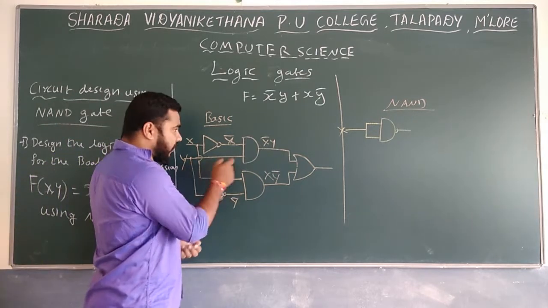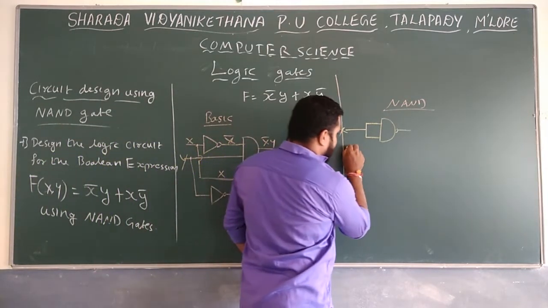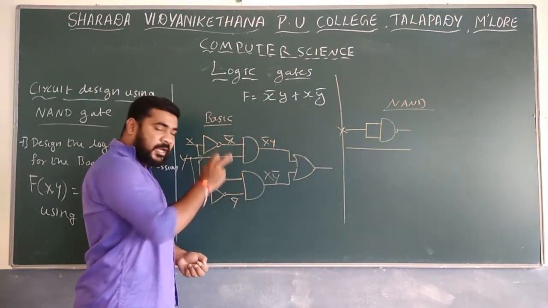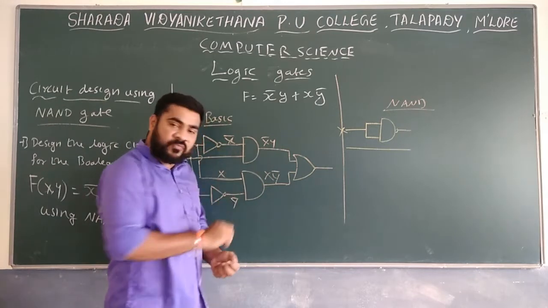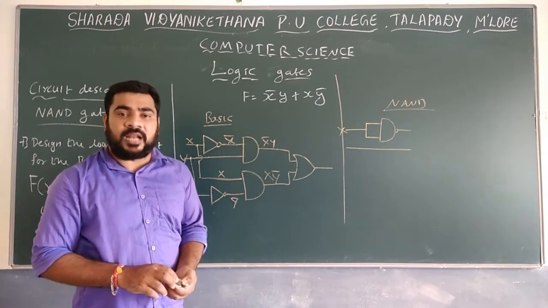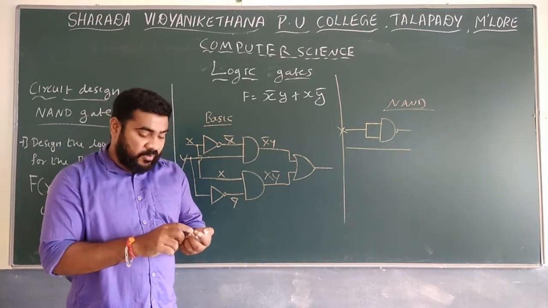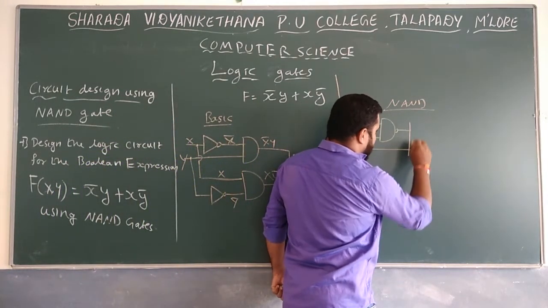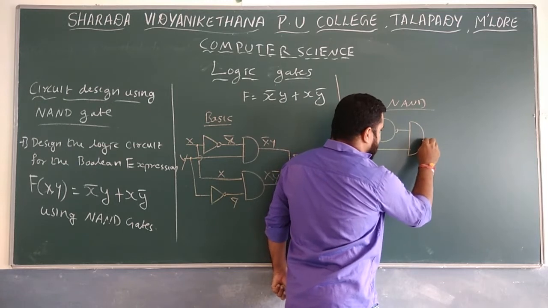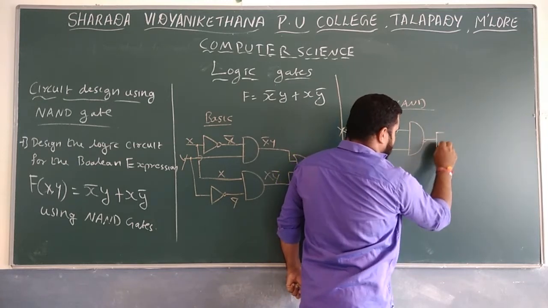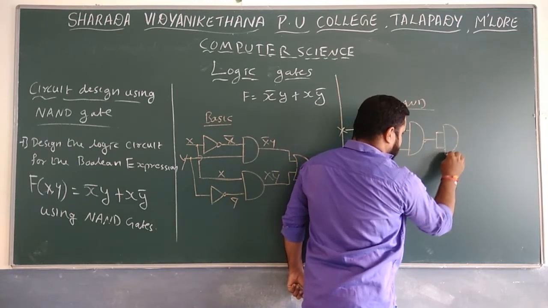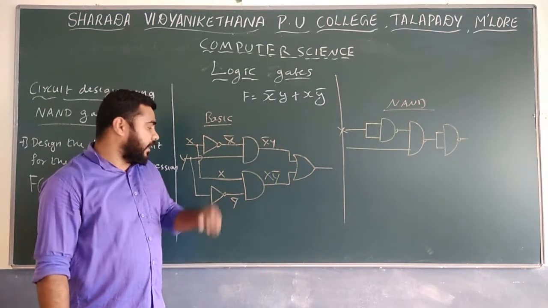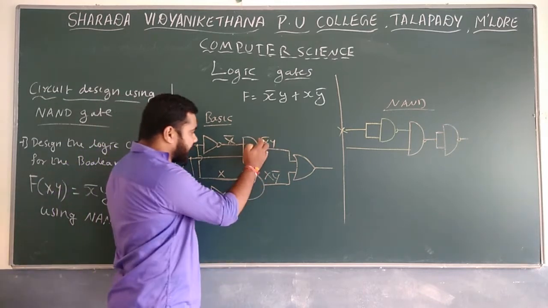Next you have to take a Y input. I take one more input Y. Next is the AND gate. How can you construct the AND gate using NAND? Two symbols are required. First one is like this, with two inputs. And the second one is this one. It's a NOT gate. So it's an AND gate. Up to here is finished.